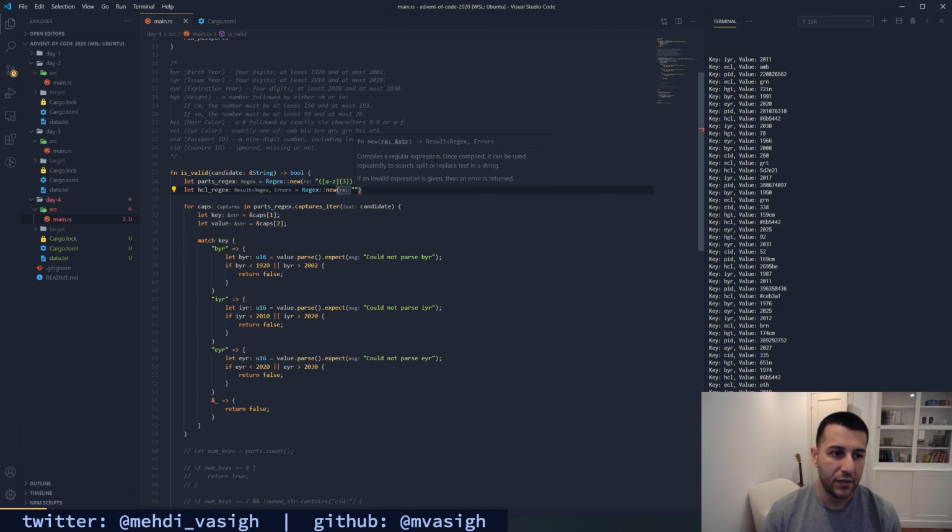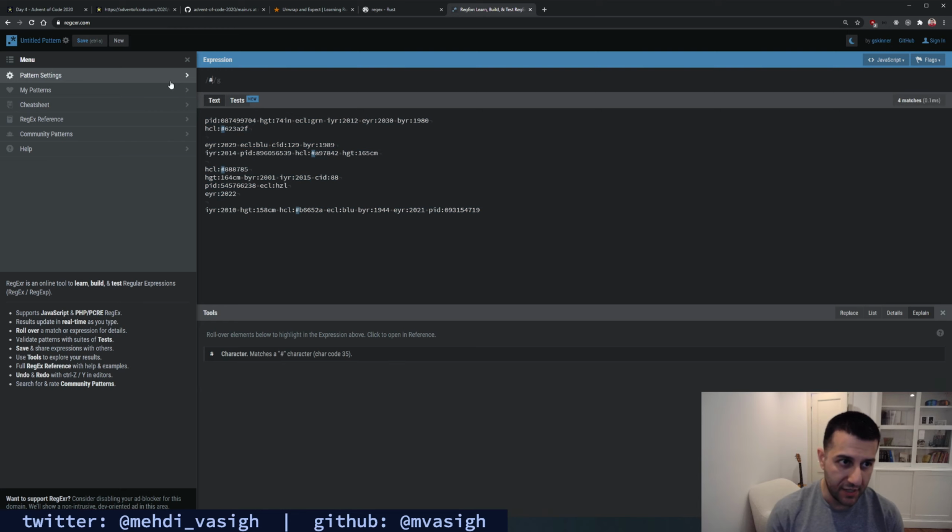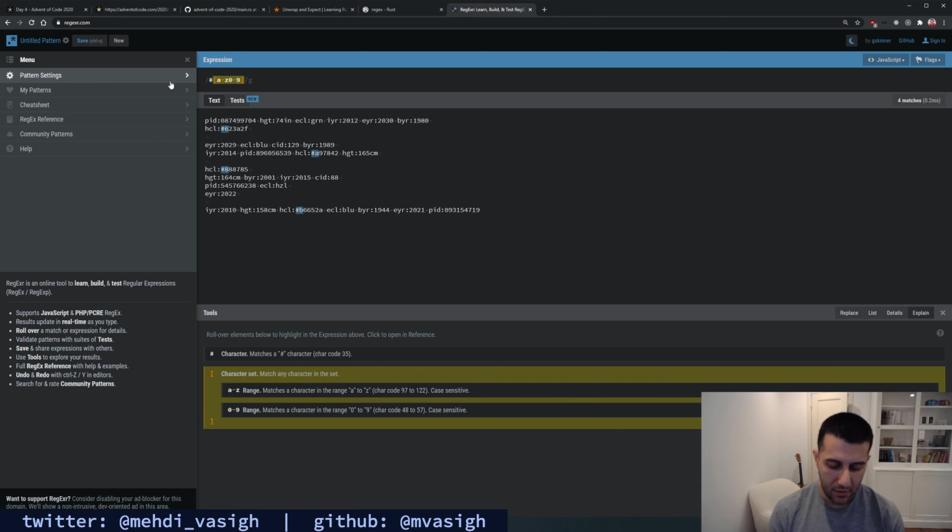So going back here, it's going to be a pound sign followed by A to Z, 0 through 9, exactly 6 times. So this is now going to match all the hex codes.